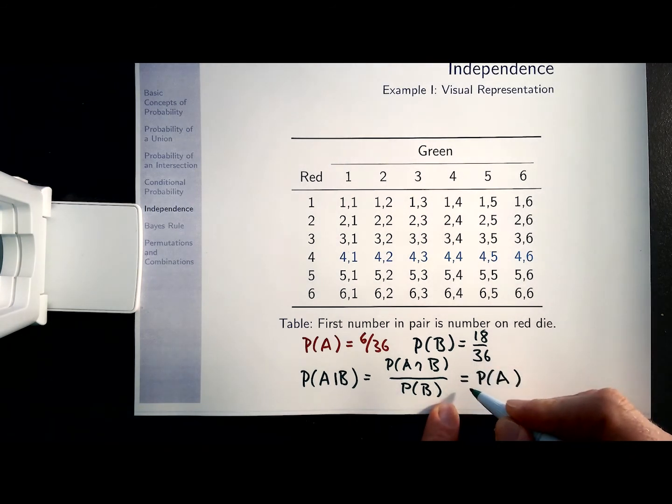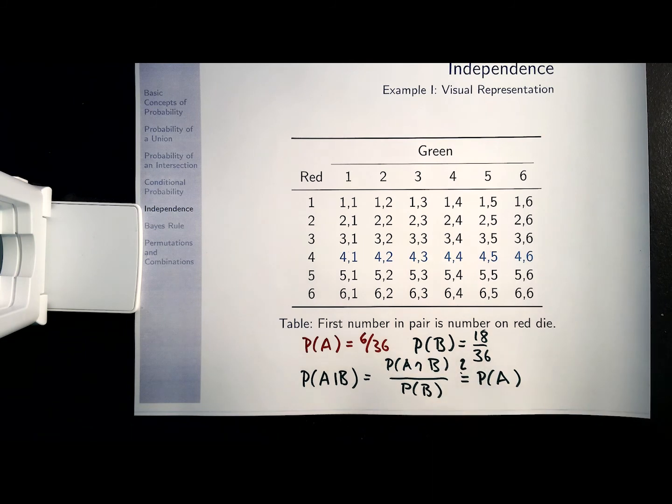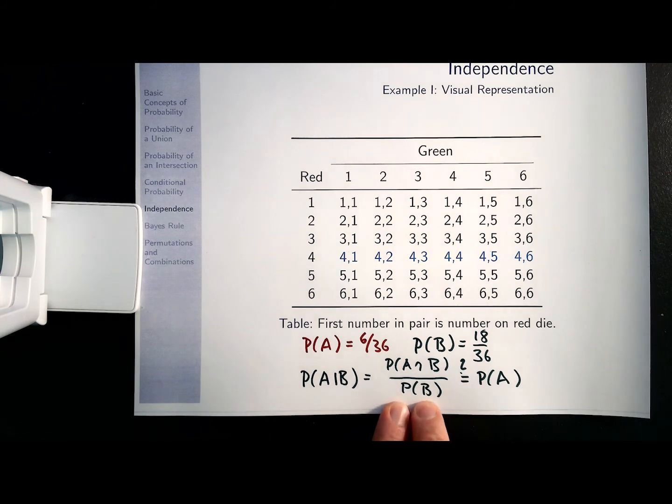And so this is what we are interested in. So I put a question mark here. We know that the probability of A is 6 over 36. And we know that the probability of event B, that the sum of the dice is odd, is 18 over 36. So what we need to know is the probability